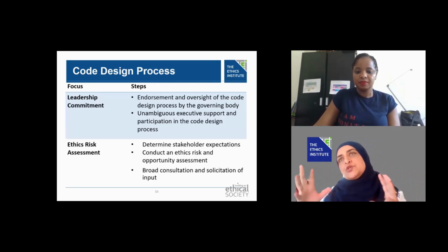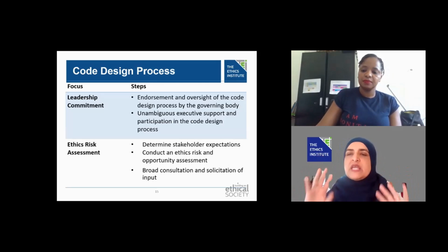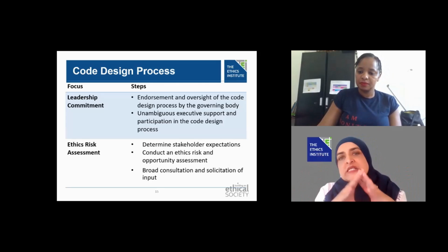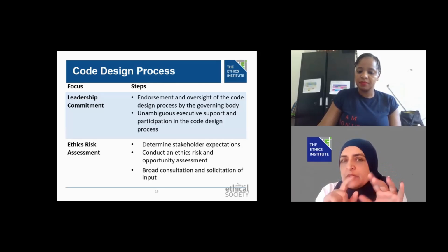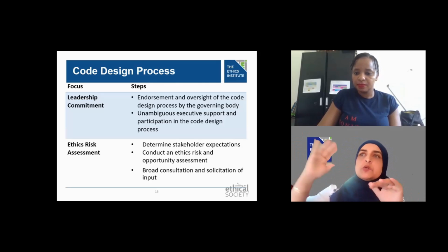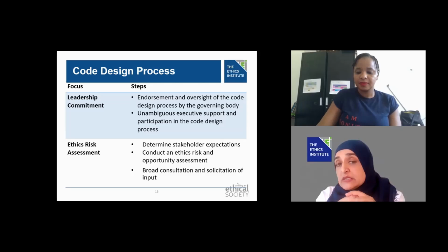So how are we going to get the document and how are we going to navigate this document in our context? So again, it's so important for you as the custodian of this process to understand what needs to happen in my context. Who are the stakeholders? What are the different levels of leadership that I need to go through to make sure that this document has buy-in through all levels? And Jovita's point around engagements with employees are also part of this process.